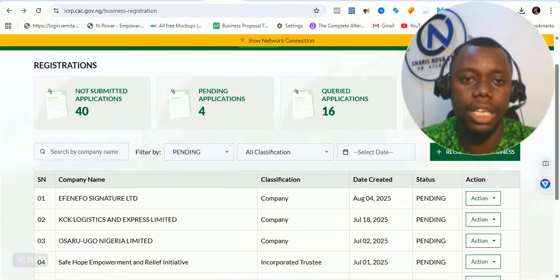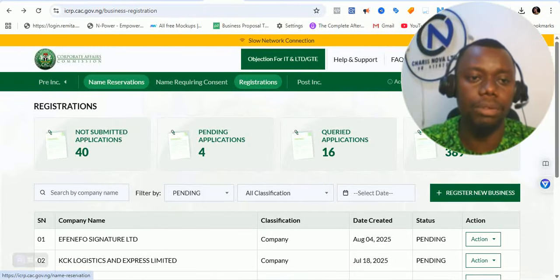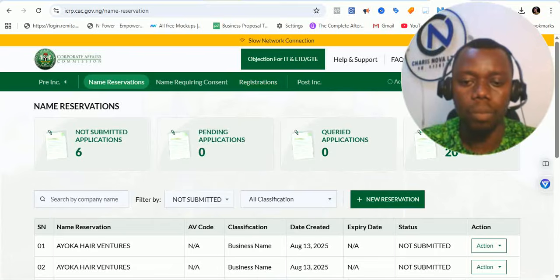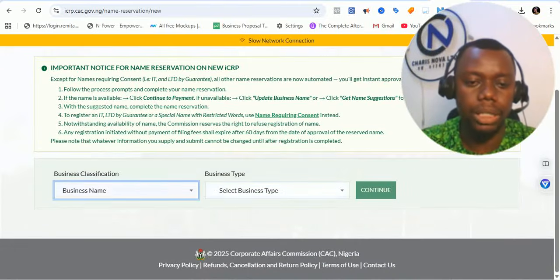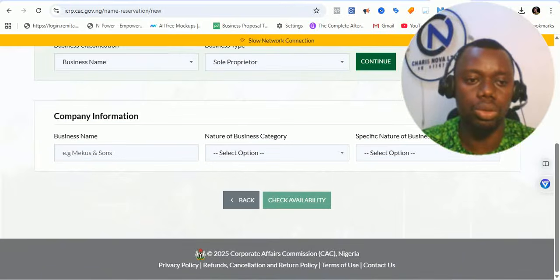And what am I trying to say? For instance, if I go for name reservation and click on name reservation right now, and I want to carry out a business name reservation for a sole proprietorship business, and I click on continue, and I type in